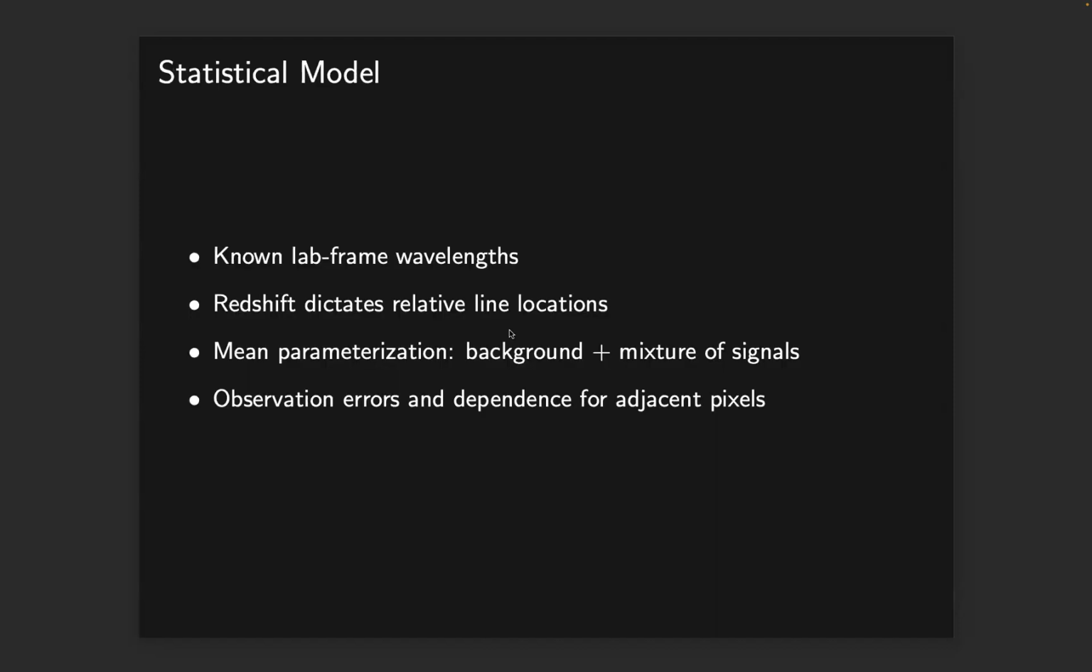Okay, the key bits for our model are we have these known lab frame wavelengths that correspond to the emission lines that we're looking for. And their relative locations are all driven by redshift. This is the key piece to our parameterization that I'll show in a second. And we're thinking of the mean, the bit that doesn't depend on noise, as being some background process with some mixture of these signals on top. And then we also need to account for observational error, and then there's some dependence amongst pixels induced by galaxy size and things like